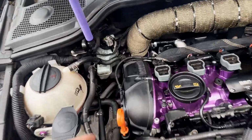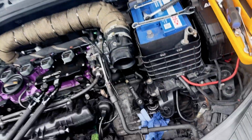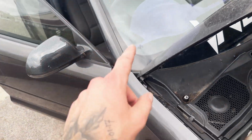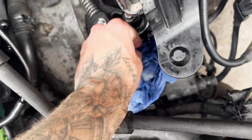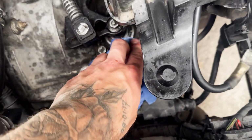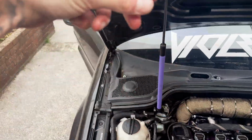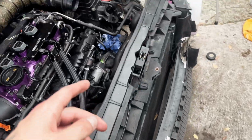Up this end, I had this open and constantly filling it up, and then I'd do about 10 to 15 pumps on the clutch with my hand. Then I'd come around here and undo that. Fluid would then spray out, and then tighten that up. Pull the pedal up. The pedal was still down, so I did 15 pumps, left the pedal down the bottom, then came around here, then loosened that,